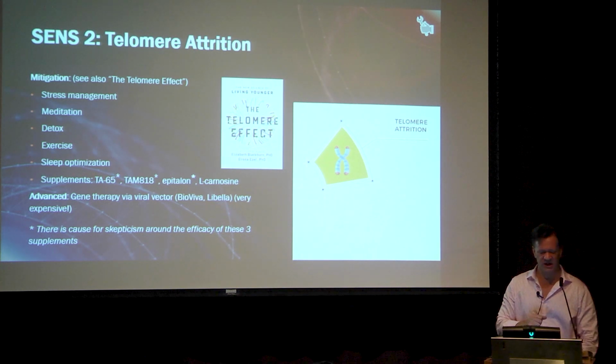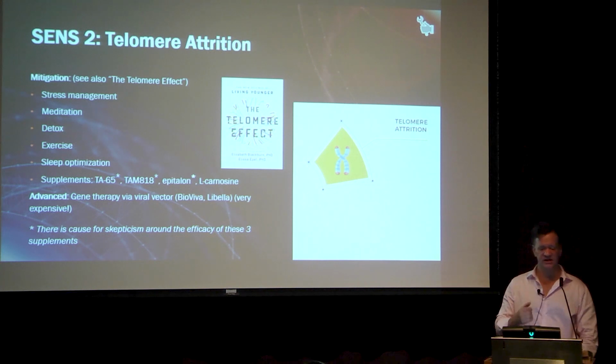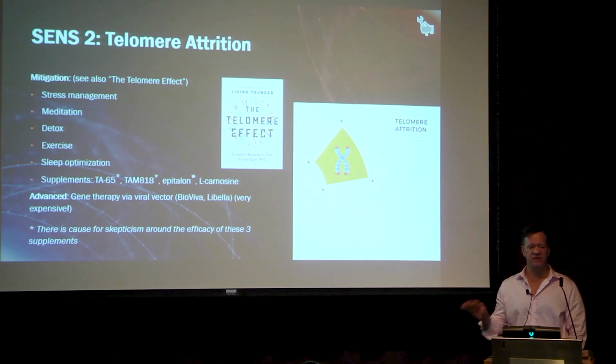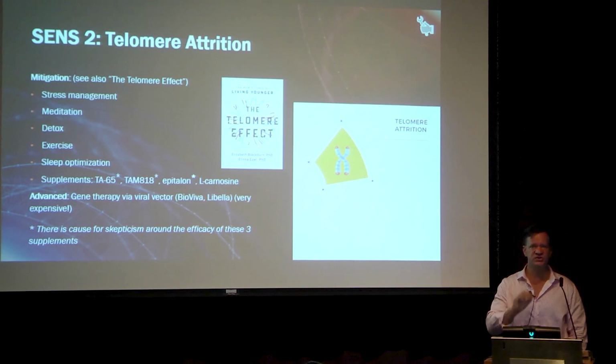It goes into a lot of detail about managing stress, meditation. Meditation actually reduces the rate of telomere shortening, which is amazing. Detox, exercise, getting enough sleep at night. There are also some supplements that seem to help maybe with at least reducing the rate of telomere shortening, if